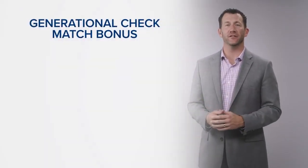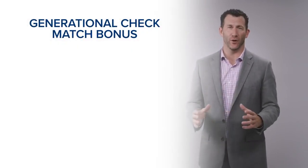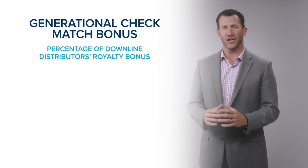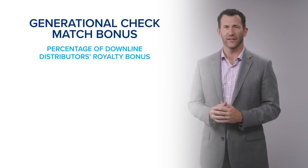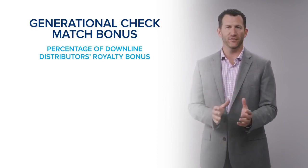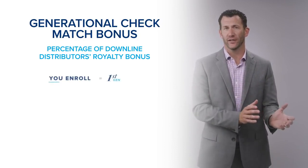Here's how this works. When I enroll a new distributor, I have an incentive to help him or her earn as much as he or she possibly can through the royalty bonus because I earn a generational check match. So the more that person earns, the more I earn. The generational check match does follow the enroller tree, which means when I enroll a new distributor, that's part of